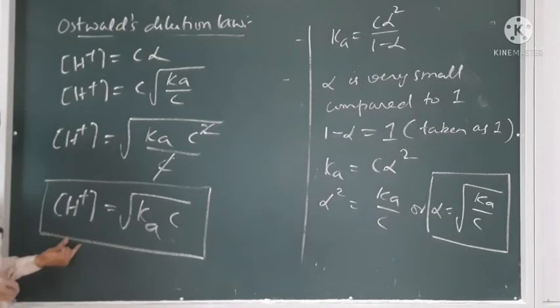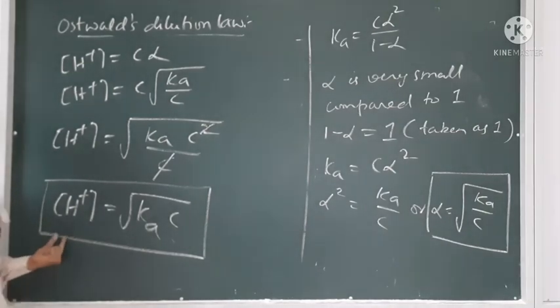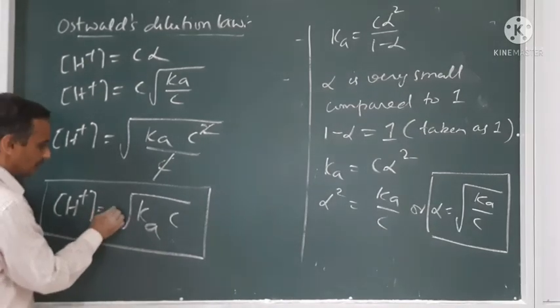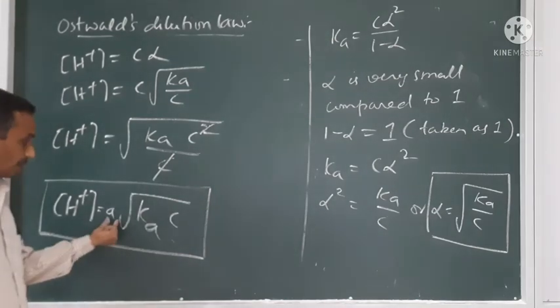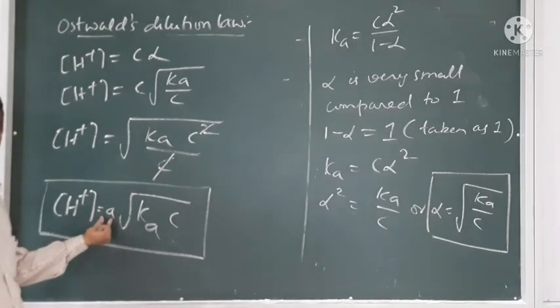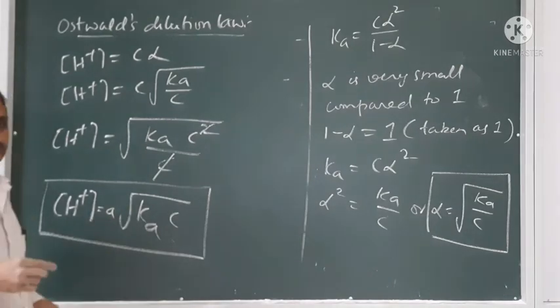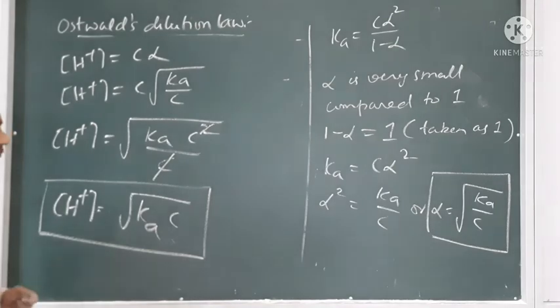From this formula also, problems can be asked in the competitive exams. And remember, this formula is for weak acids, not for strong acids. For a strong acid, H plus concentration is C only. I can include the basicity A also, for monobasic, dibasic acids, etc.: A into square root of Ka into C. If it is monobasic, then A is 1, so it gives the square root of Ka into C.